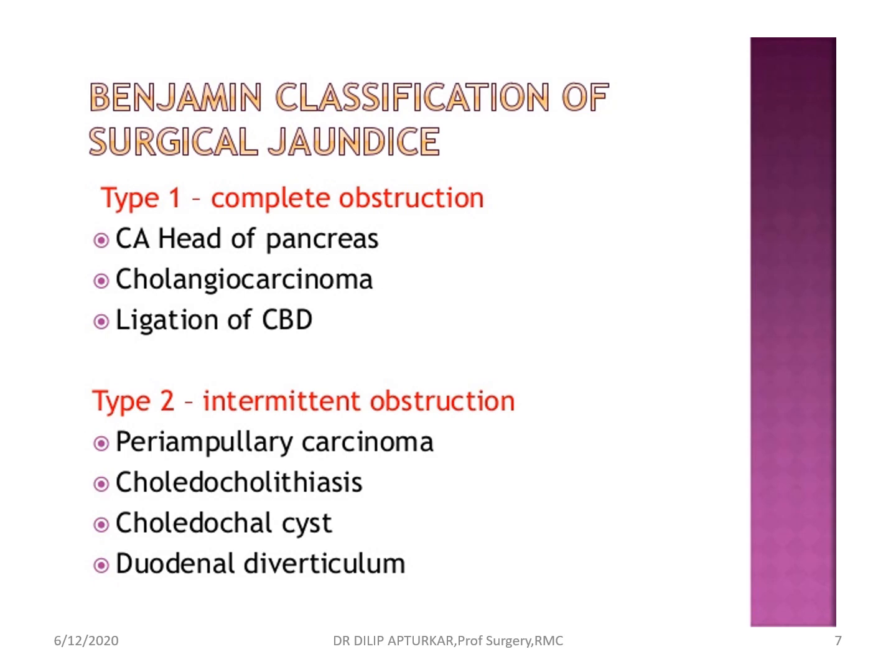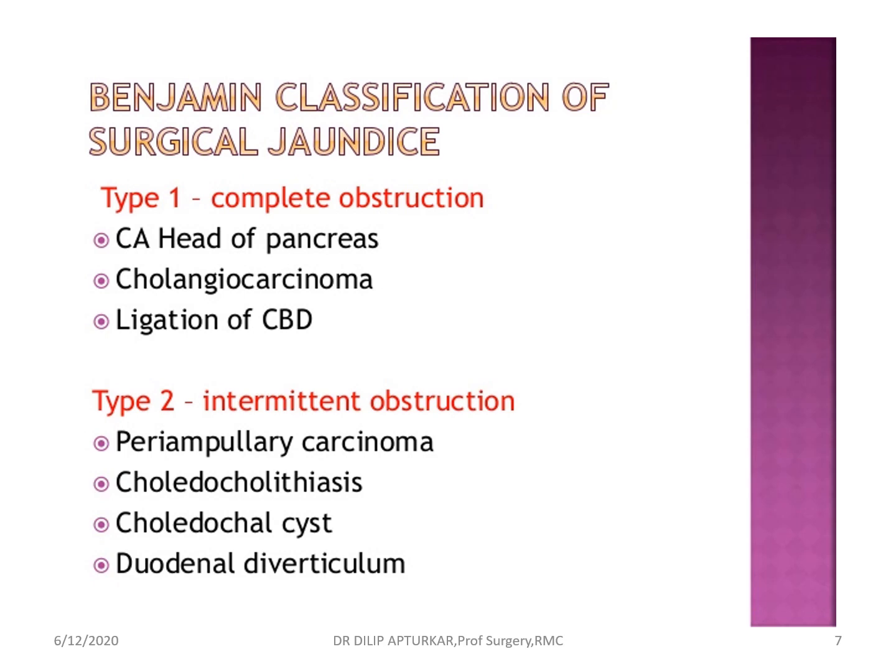Then intermittent obstruction, type 2, periampullary carcinoma. There can be necrosis at the ampulla of Vater which is walled off and the jaundice will be relieved temporarily. Again there is a growth and there is obstruction increasing the bilirubin level. So patient will present with intermittent obstruction and intermittent jaundice.